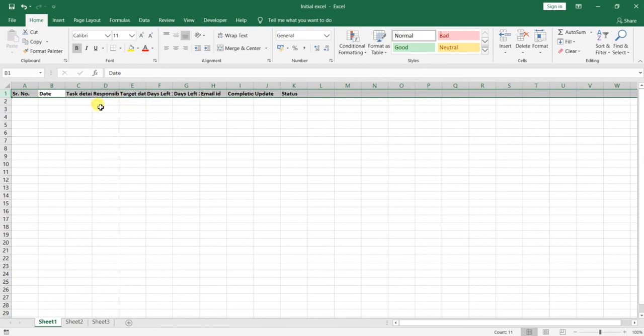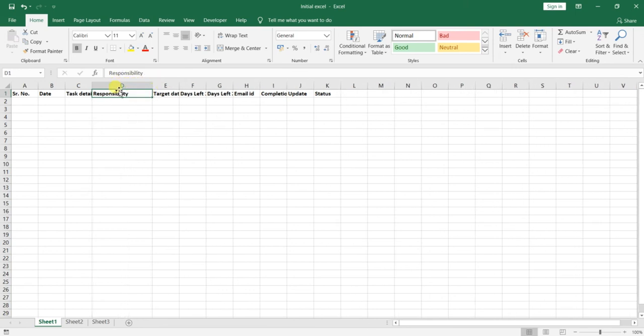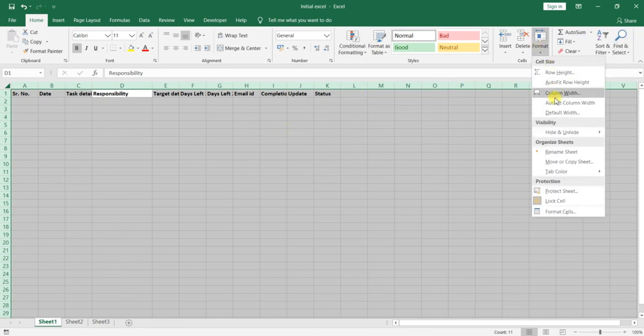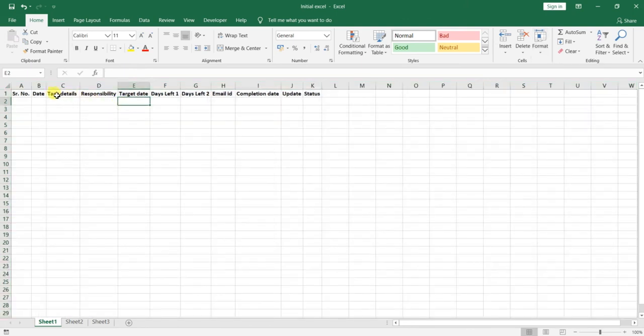So initially we have prepared all the columns, but you can see that this is half hidden. For that we can just increase the width, but sometimes it is possible that we have increased it so much. For that we have one shortcut. I will teach you the shortcut, but just select Control A, Format, Column width, auto fit column width. You can see each and every column is fit respectively, nothing is hidden.